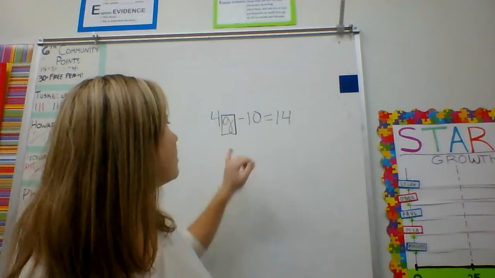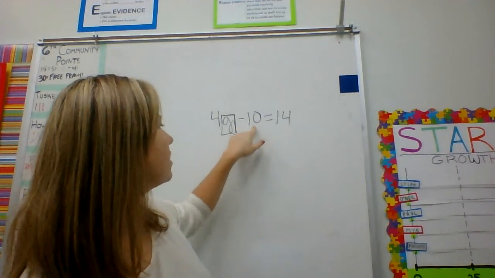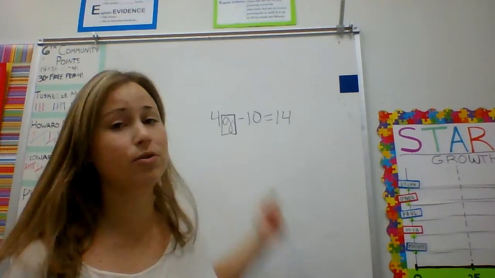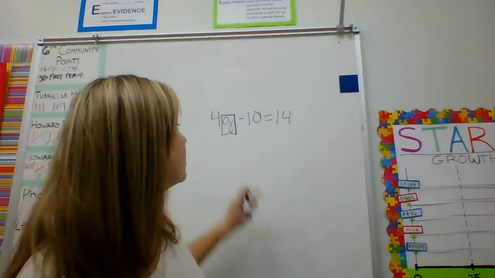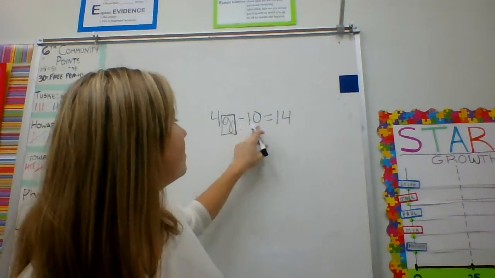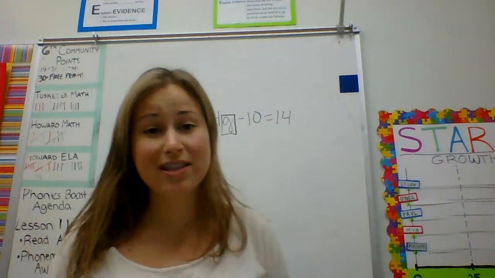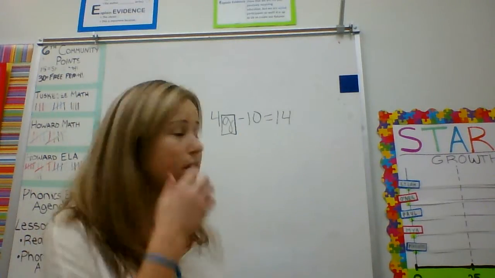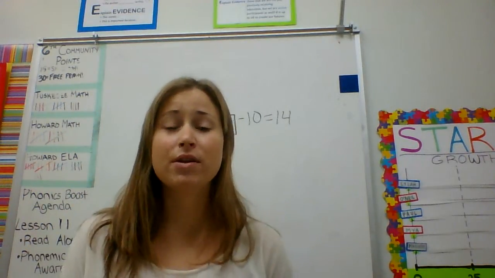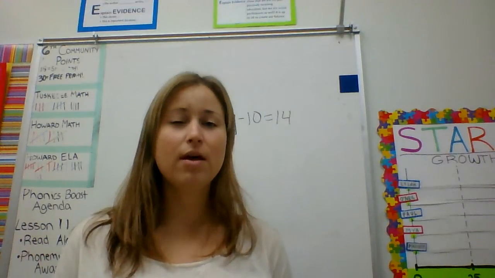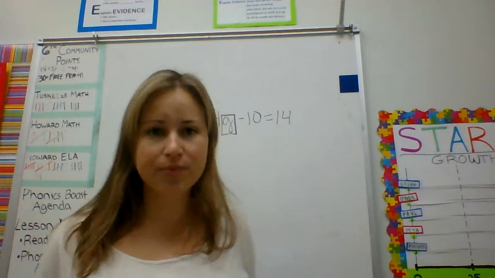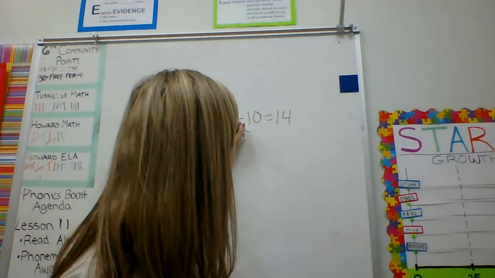Now before I can do that, I see that there's another constant. A constant is a number without a variable on the same side of the equal sign as my variable. So I've got negative 10 because I'm looking at that operation sign in front of my constant. It's telling me it's negative. Now, in order to get rid of that, I need to do the inverse operation. The opposite of subtraction is addition. So I'm adding 10